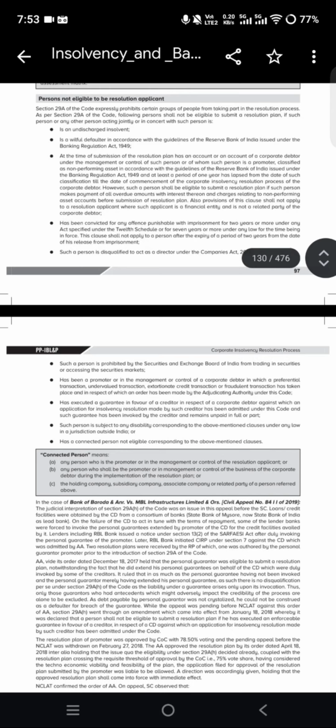Before the Supreme Court, loans or credit facilities were obtained by the corporate debtor from a consortium of banks. On the failure of the corporate debtor to act in tune with the terms of repayment, some of the lender banks were forced to invoke the personal guarantees extended by the promoter of the corporate debtor for the credit facilities availed by it. At last, lenders including RBL Bank issued a notice under Section 13(2) of the SARFAESI Act after duly invoking the personal guarantee of